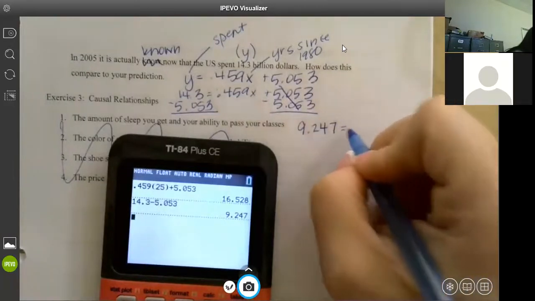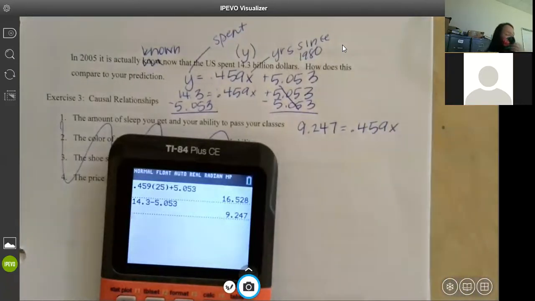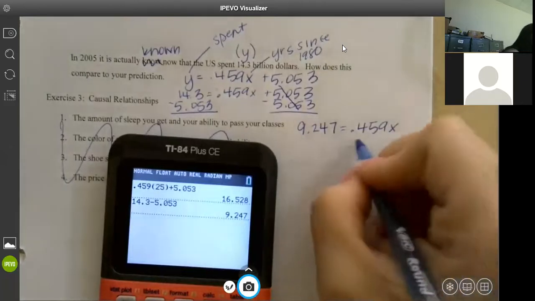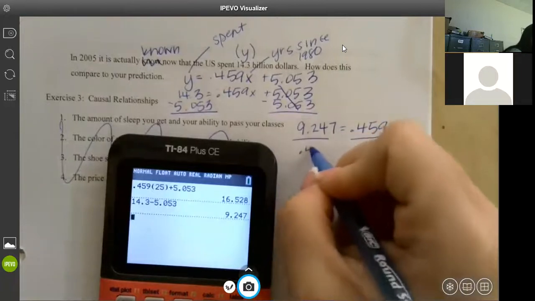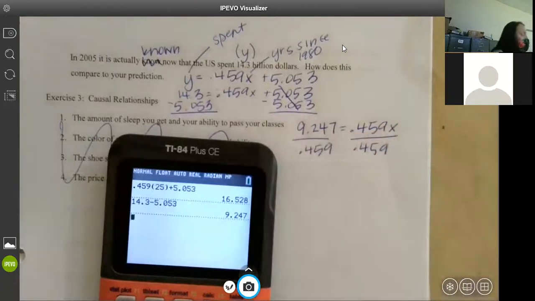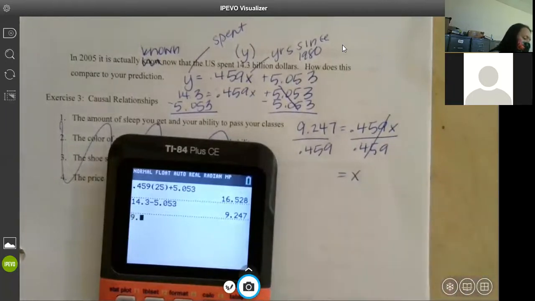So we get 9.247 equals 0.459x. How do I get rid of this 0.459? Same exact way we did the last one. It will be the same way on your homework and on your test. Same solving skills. That'll cancel out and it gives x equals 9.247 divided by 0.459,